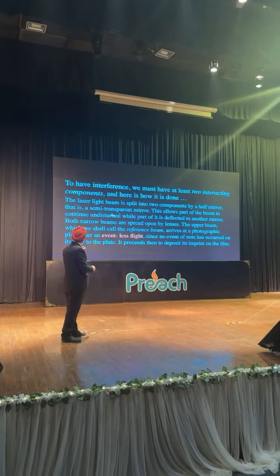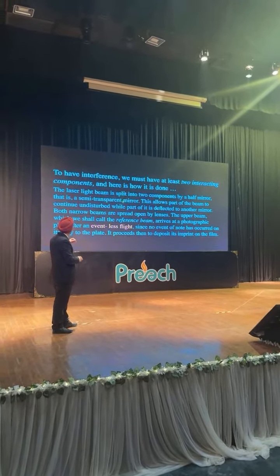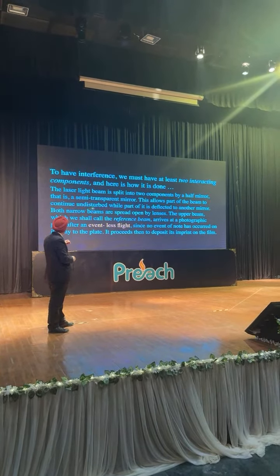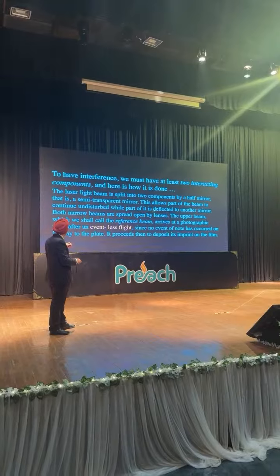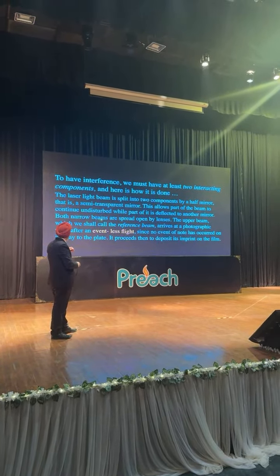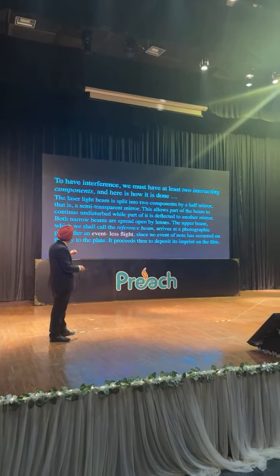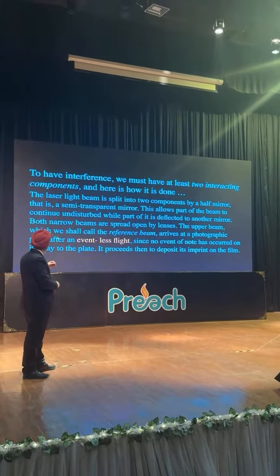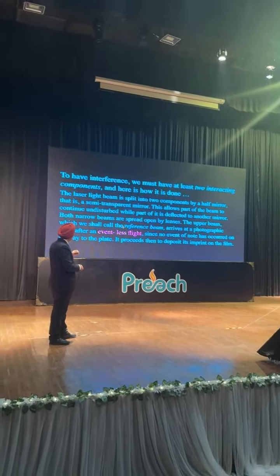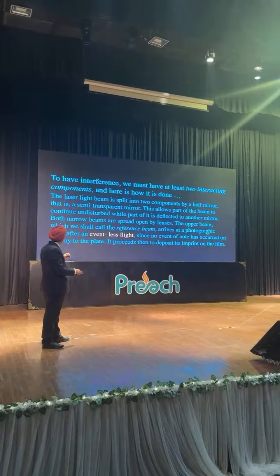By a half mirror, that is a semi-transparent mirror. This allows part of the beam to continue undisturbed while part of it is deflected to another mirror. Both narrow beams are spread open by lenses. The upper beam, which we shall call the reference beam, the main beam is the reference beam, arrives at the photographic plate